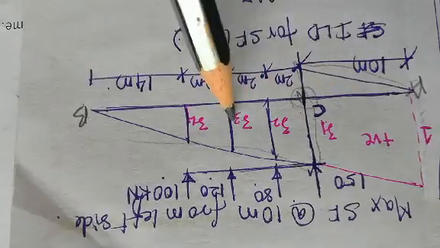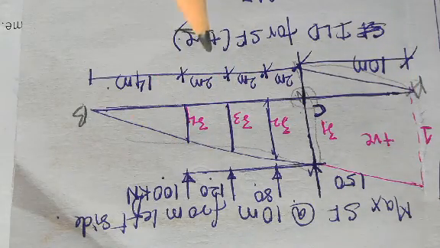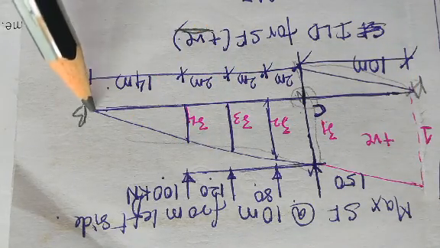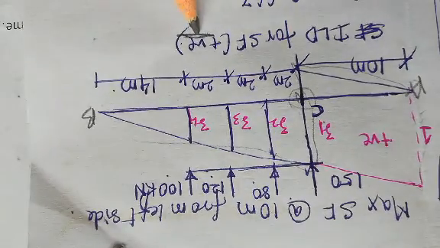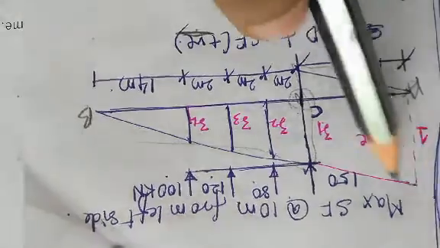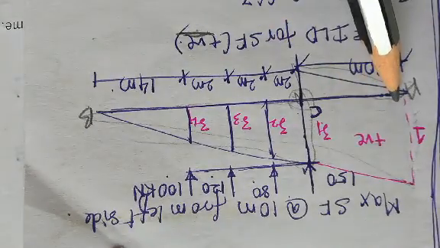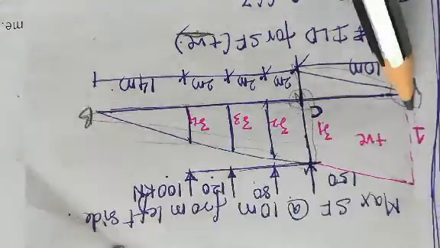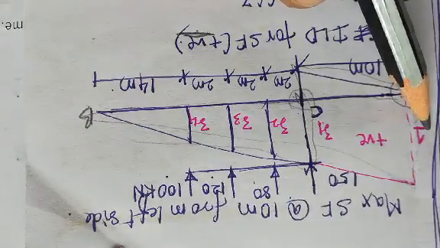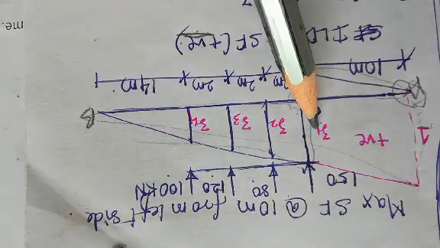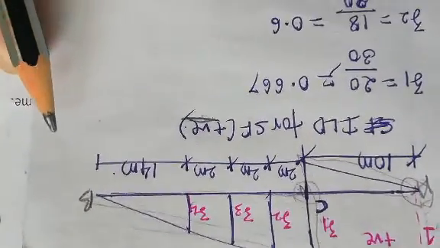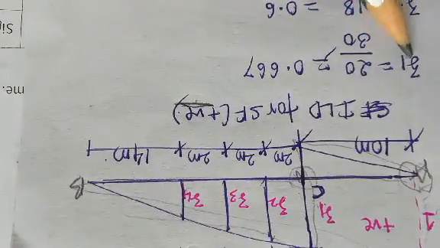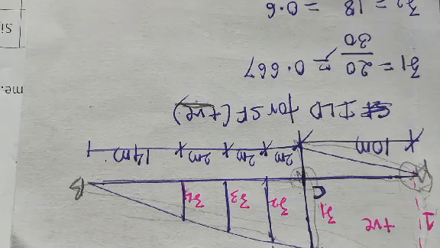Next, when I will be calculating for negative shear force, the ordinate at B will be 1. Now we are calculating positive, so the influence line diagram for this RA will be considered. So only at point A the ordinate will be 1. Let us now consider Z1, Z2, Z3 and Z4. Using similar triangles you can calculate Z1, Z2, Z3 and Z4.